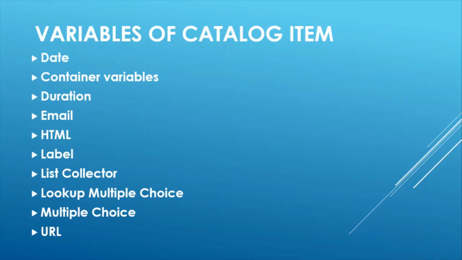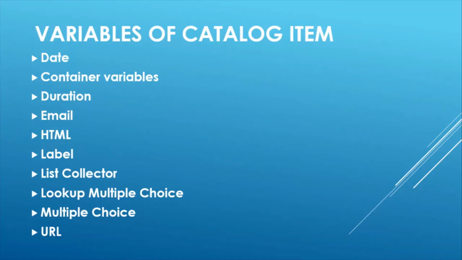Video, we have multiple functionalities to set up different kinds of tags, or maybe we can enlarge the tags. For this kind of thing, I'll make one video especially for variables where I can define each and every variable which is being used in catalog items. I'll make a separate video on that. In this video, I'm just giving you an overview about variables, like in which scenario this kind of variable can be used. So yeah, label, if we have to provide any string value, in that case we can use label.